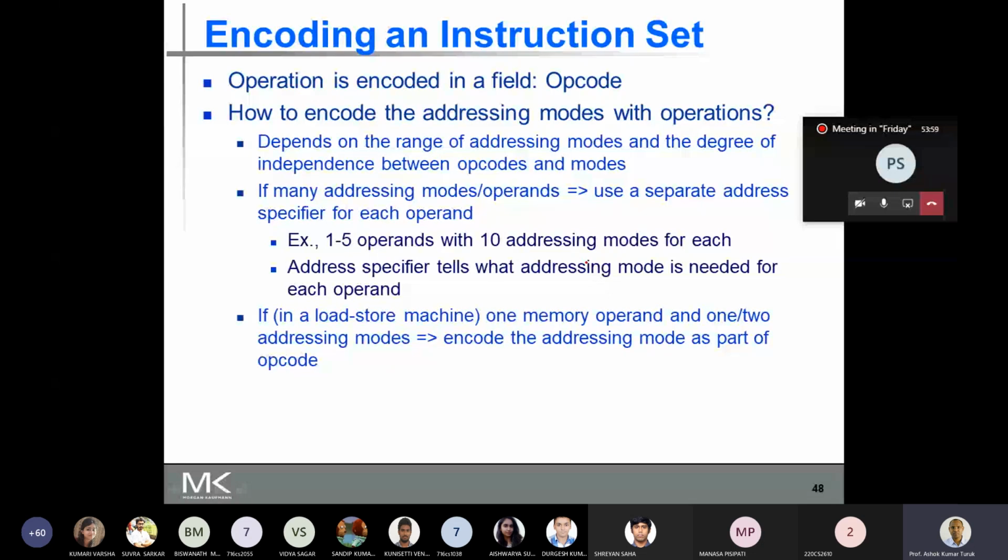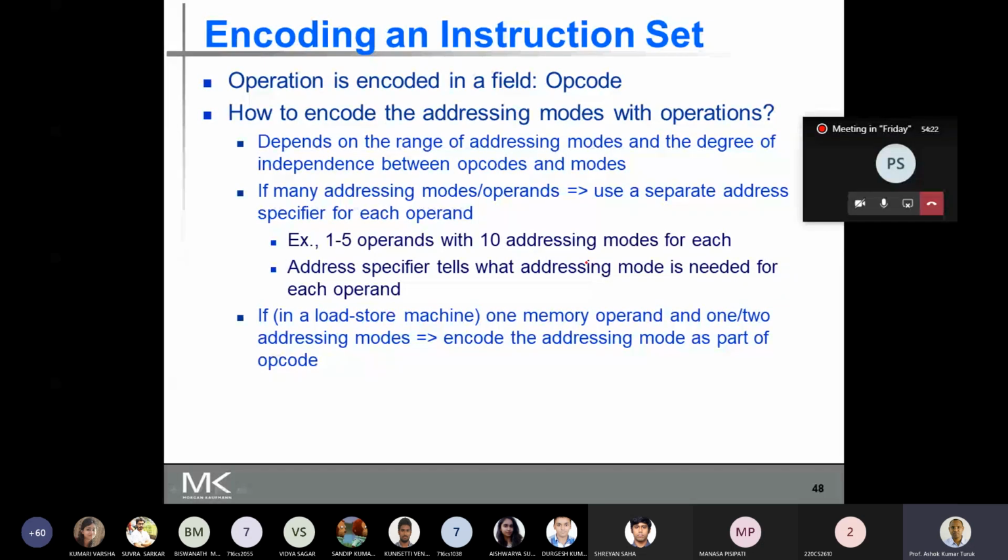At one extreme we had an opcode, and for every operand we had an addressing mode that specifies how each operand is going to be accessed. At the other extreme, an instruction can have only one memory operand, and there can be one or two addressing modes.